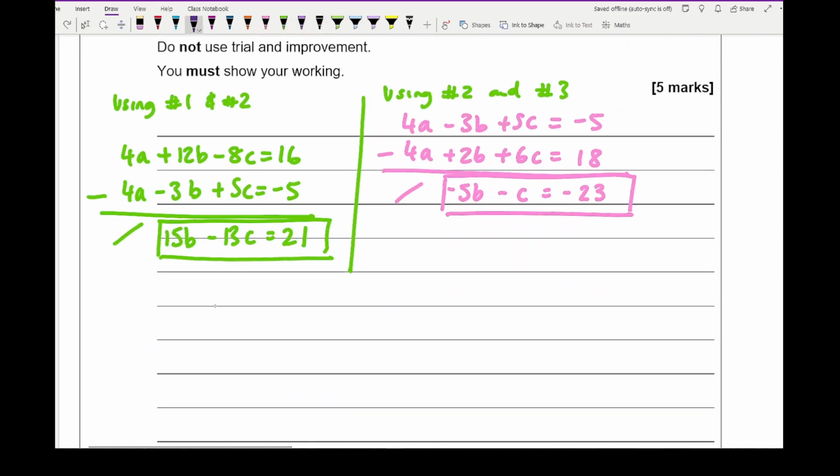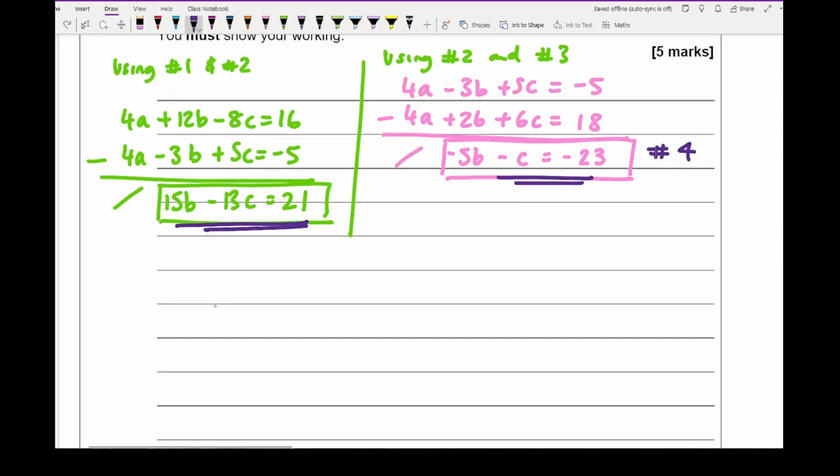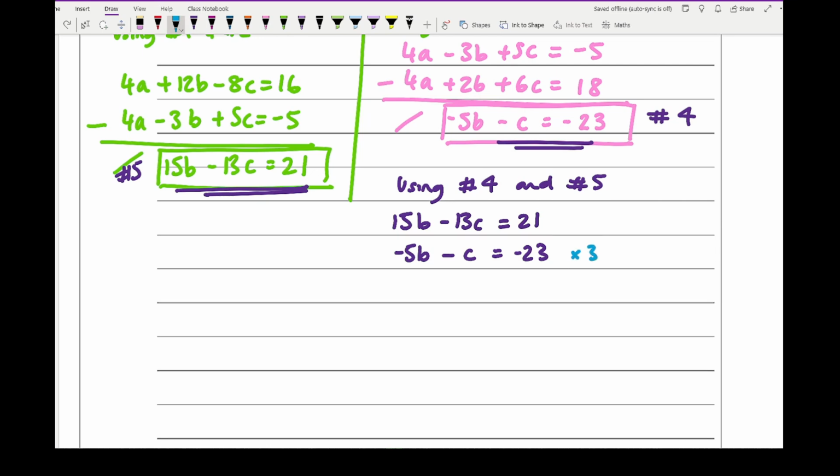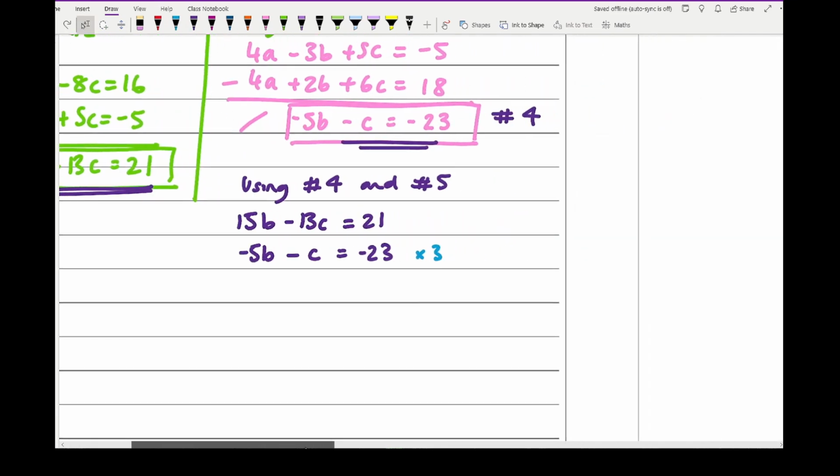So if I combine this equation here and this equation here, so let's just call that #4 and #5. So using #4 and #5, I end up with 15b minus 13c equals 21, and minus 5b minus c equals minus 23. Now from this I can then solve this simultaneous equation, so I need to multiply this equation by 3, and doing so what I end up with, and let me just scroll over here so we've got a bit more space,